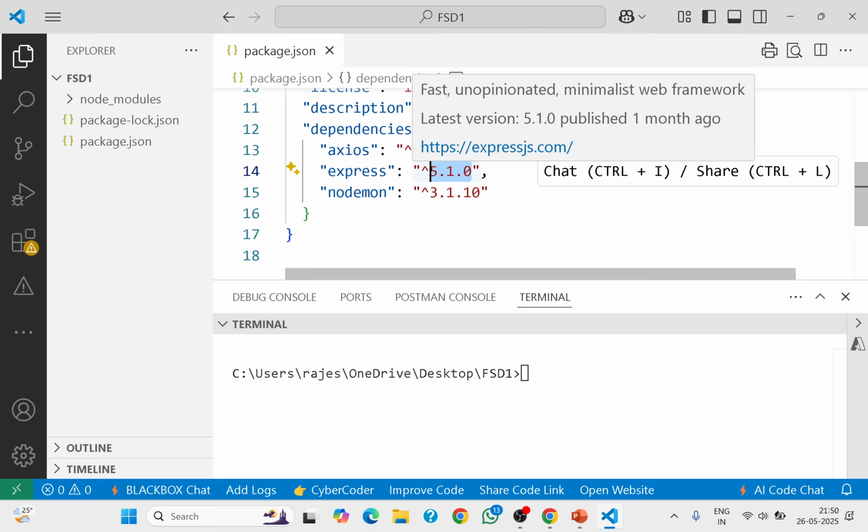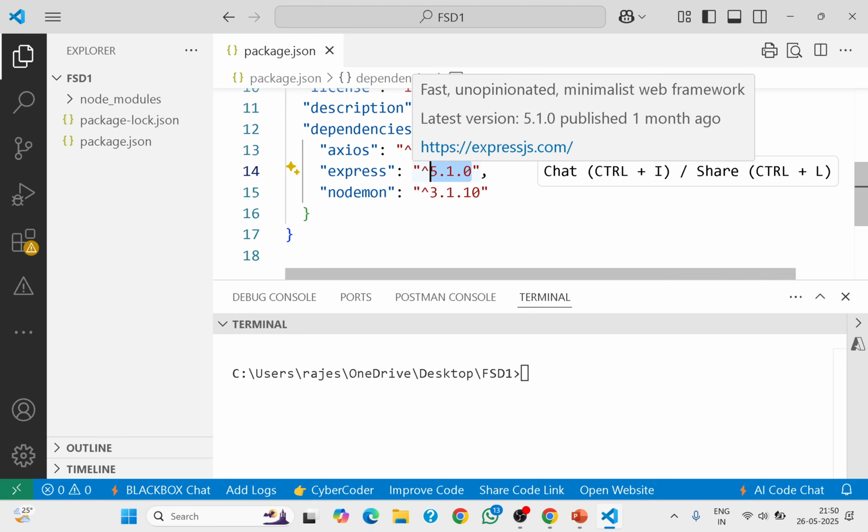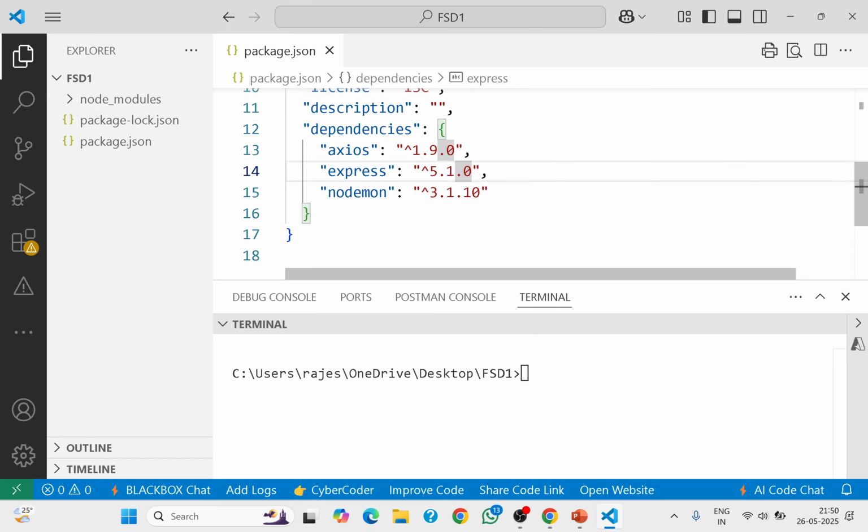Right. In package.json, the minor versions will be updated automatically. No need to install. Only minor versions, I am not talking about major versions. So minor versions will be updated. If it is updated,